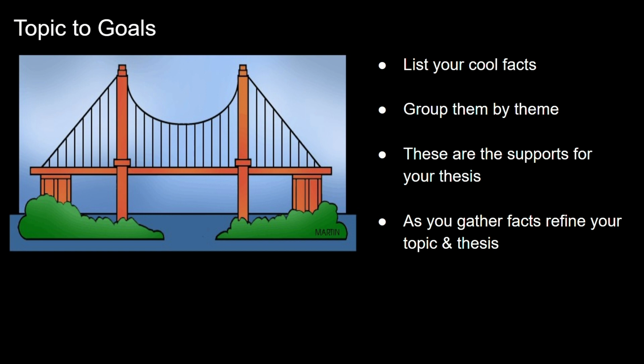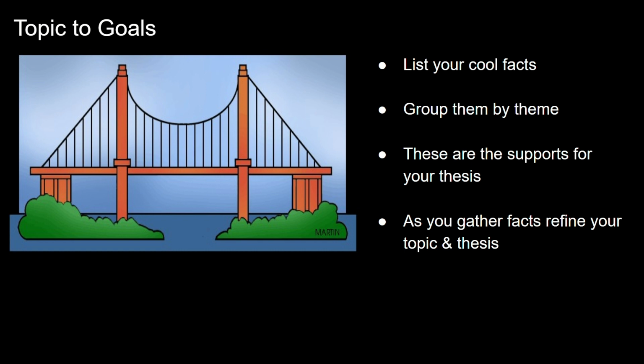So on one side I have a topic, marriage and divorce, and on the other side I have these big cultural statements. In between there is where all of your cool facts are going to go, and they are the evidence supporting that bridge from one statement that's very specific about your topic to the other statement that's very big picture connection about the culture in general.